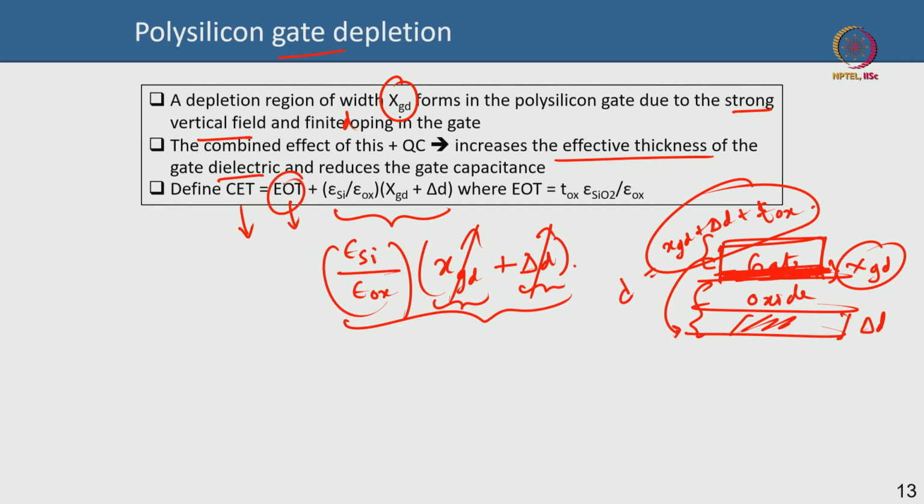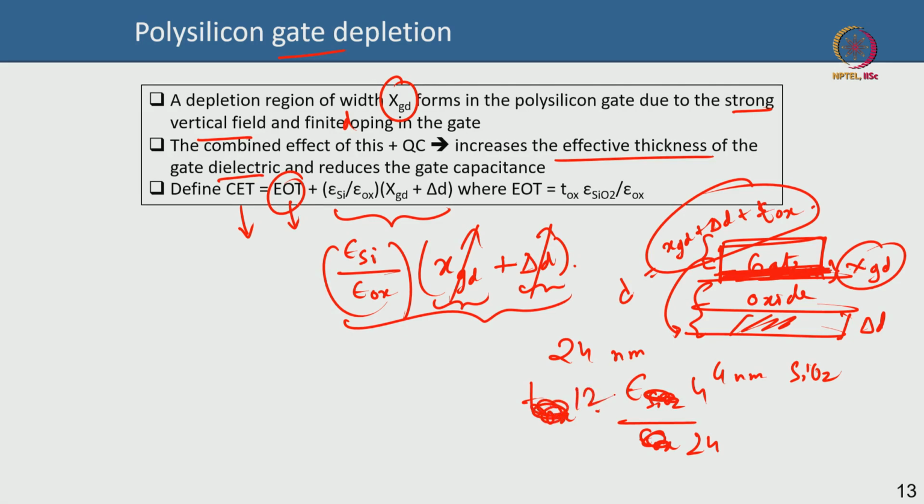And EOT, I already defined EOT: if 24 nanometer of hafnium oxide has an oxide equivalent thickness of 4 nanometer of SiO2, that is what equivalent oxide means. So it is basically the thickness of the high-K dielectric that you are putting in, times epsilon of silicon dioxide divided by epsilon of the high-K dielectric. So in the case of hafnium oxide, if your dielectric constant is 24 and this is 4, and you are going to use say 12 nanometer of hafnium oxide,